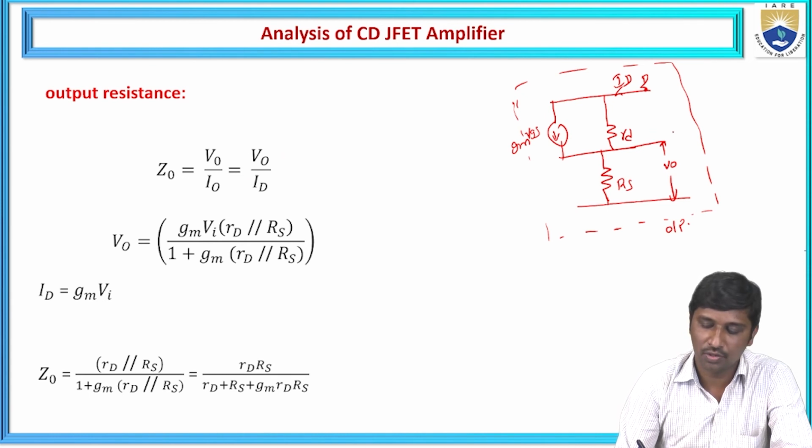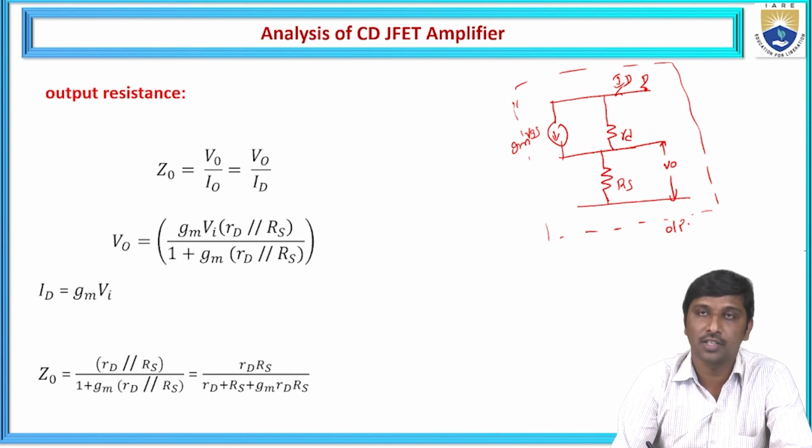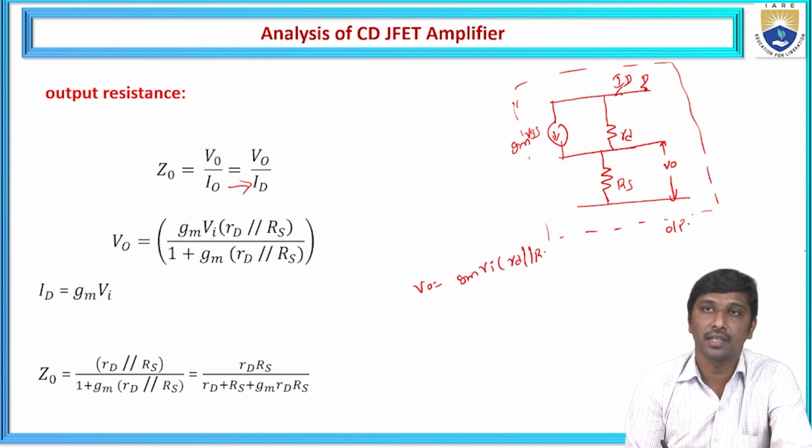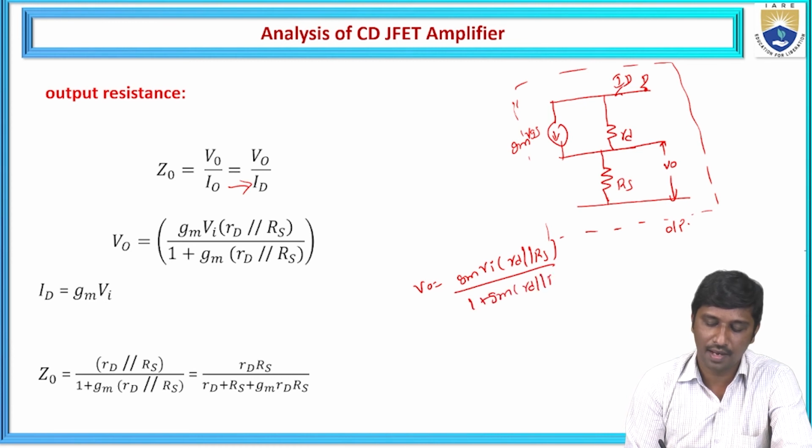So from this circuit, which one is the output current? The drain current is the output current, hence I, represented as I0, is replaced with the drain current. And just now we observed this V0. What is the V0 term we observed? V0 is equal to gm times Vi, RD in parallel combination with RS, by 1 plus gm times RD in parallel combination with